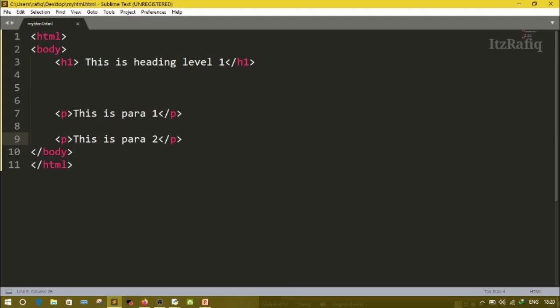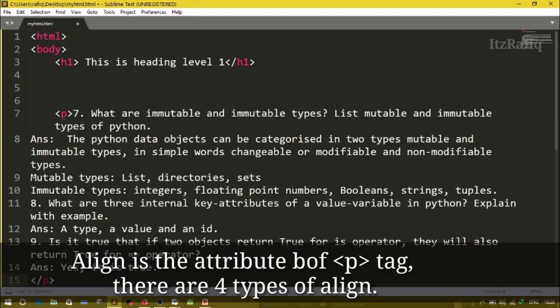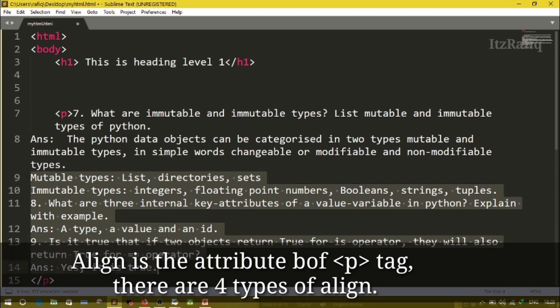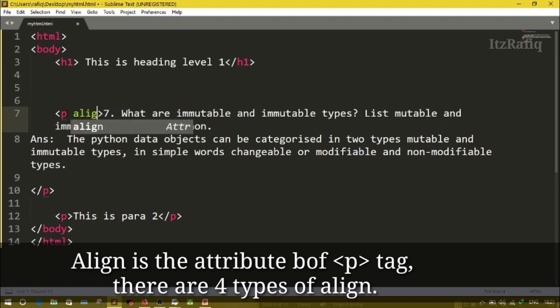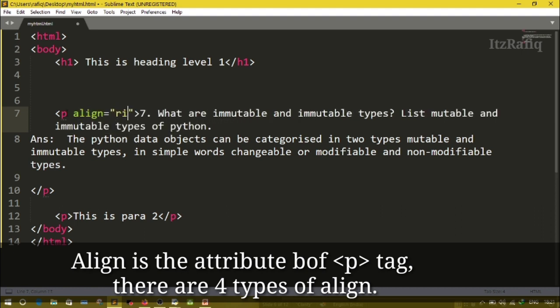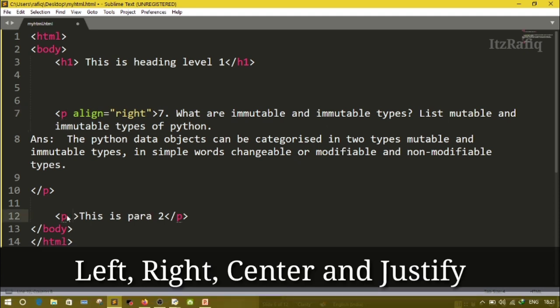Here in paragraph 1, just paste some part of the paragraph and write P align equal right, and the next paragraph P align equal justify.